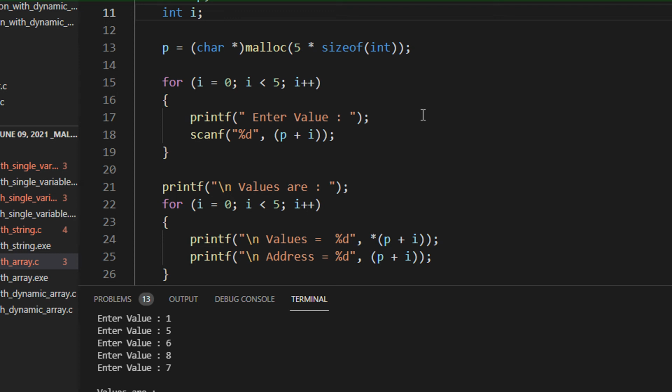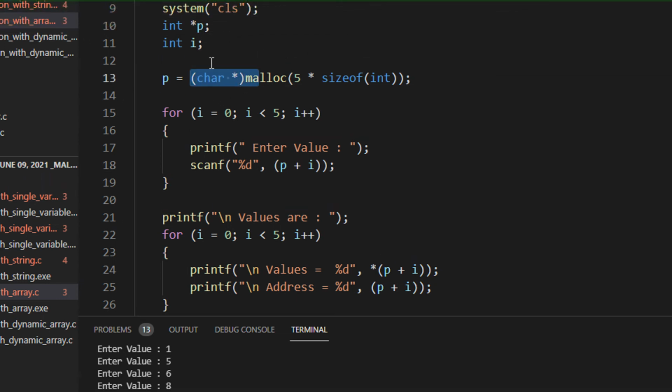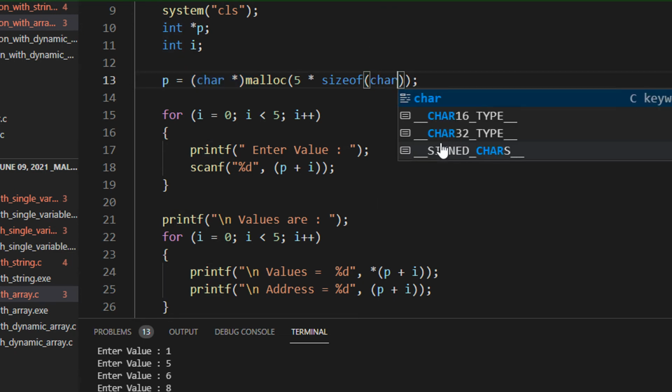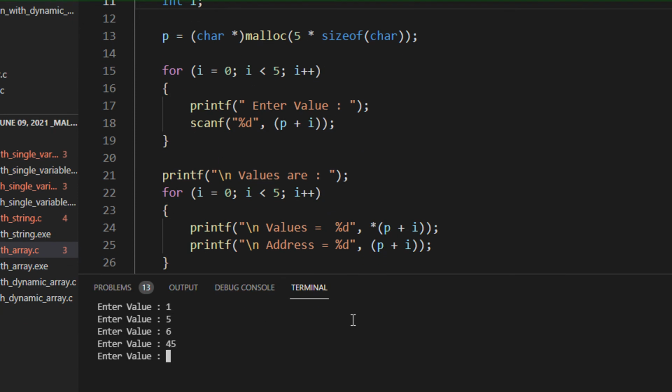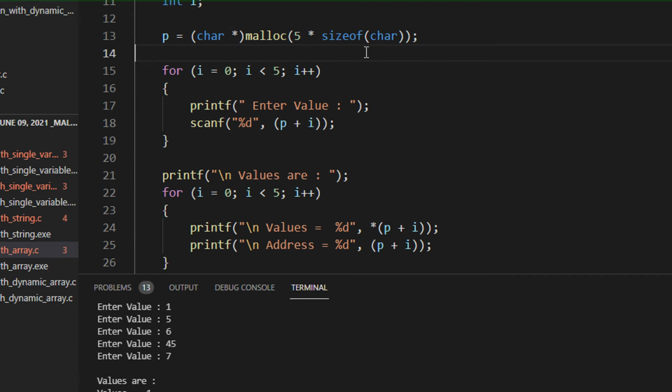So, most probably compiler optimization these days. That's it. But technically, this should give a wrong output to you all. If you are assigning a character pointer, and let's say if I even do this a sizeof character, does it take it into account? No, it's not taking into account.